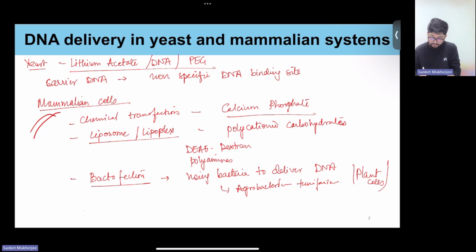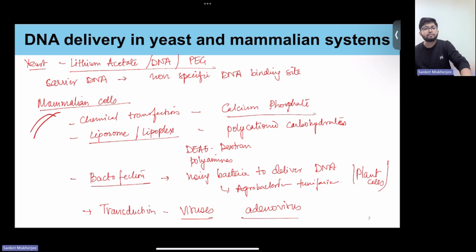And then there is transduction, where viruses are used. So for example, adenovirus or adeno-associated virus, these viruses are used for